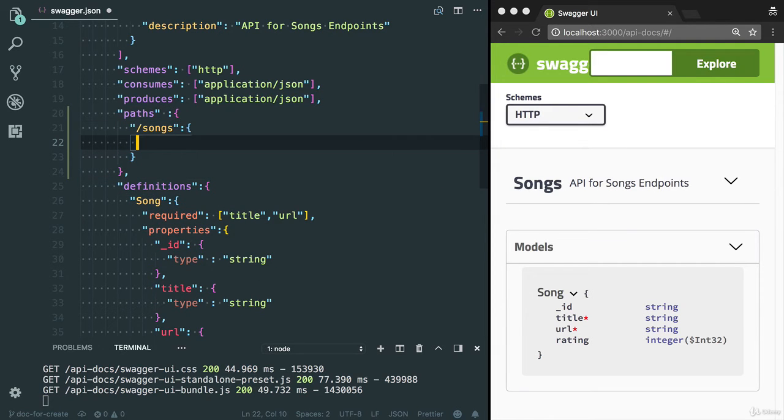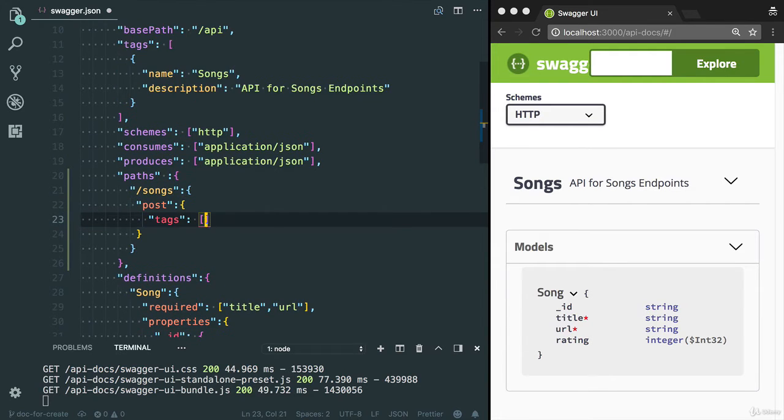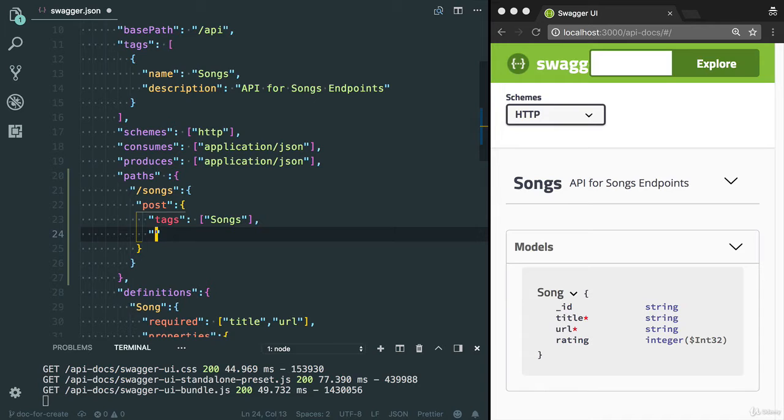Let me write the documentation for post endpoint. I need to specify the post object. Let's define the tags. I have already created a tag for songs. I'm going to specify the songs tag. You can also specify the summary API for songs endpoint, or you can say that API for create song